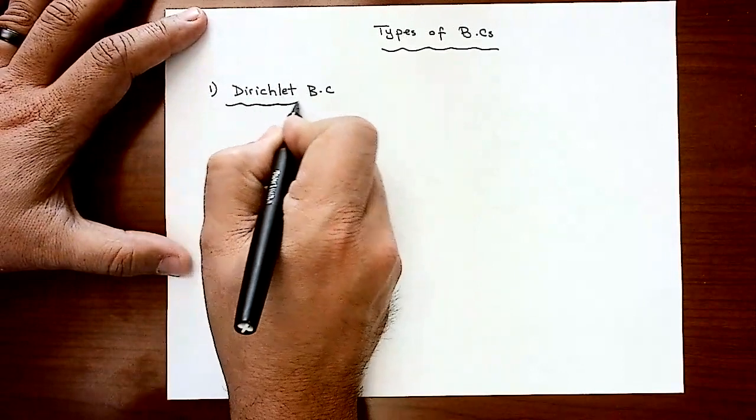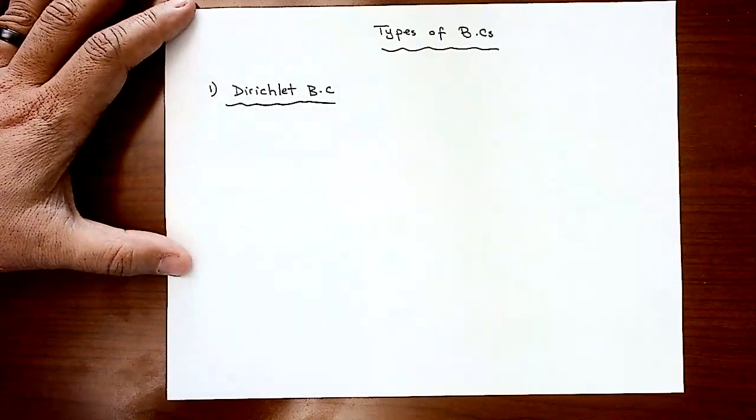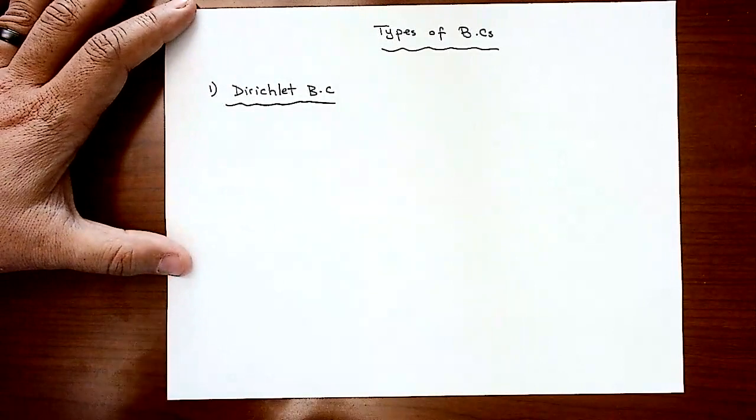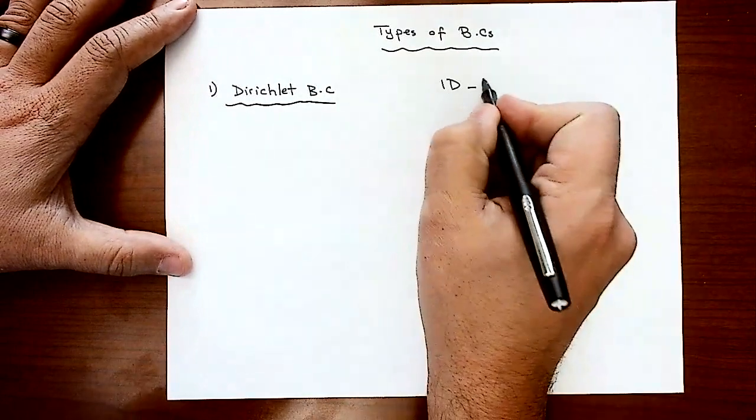It's not Dirichlet, it's Dirichlet boundary condition. In Dirichlet boundary condition, you have a fixed value at the boundaries of the body. And I will take one example here. That's one dimension heat conduction